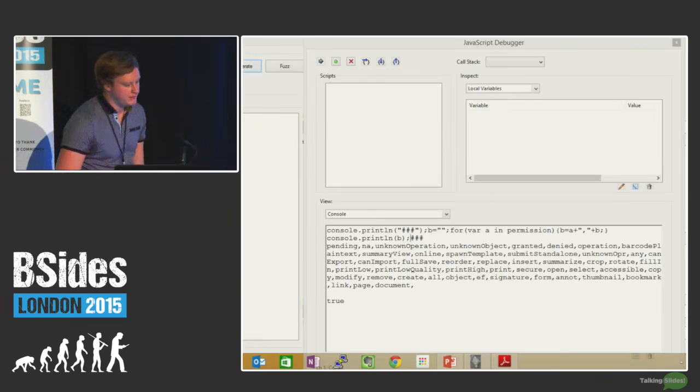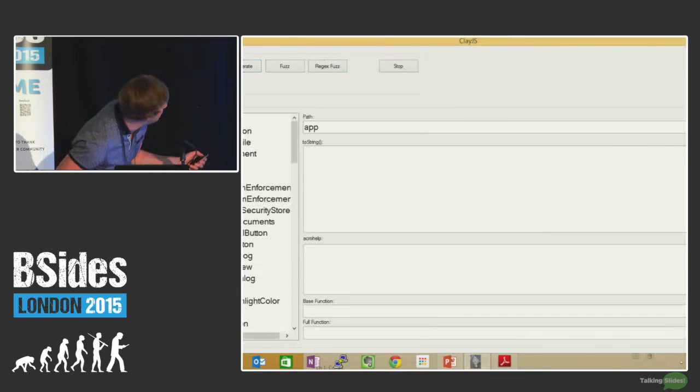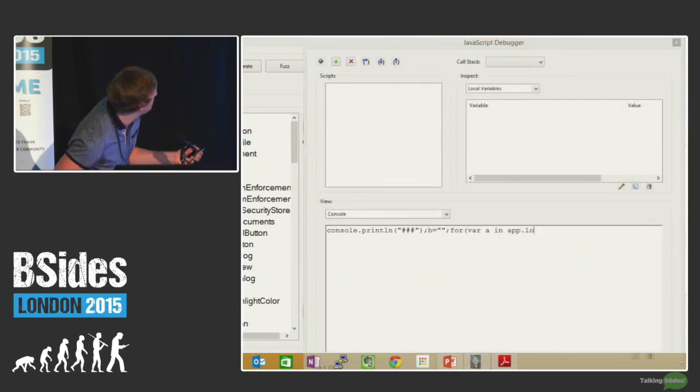There's a populated tree view here on the left-hand side. If I start to expand that out, as you can see, within app, here are all the nested items. Some of them are objects, so media is an object. Some of them are functions. If I then double-click one of those,